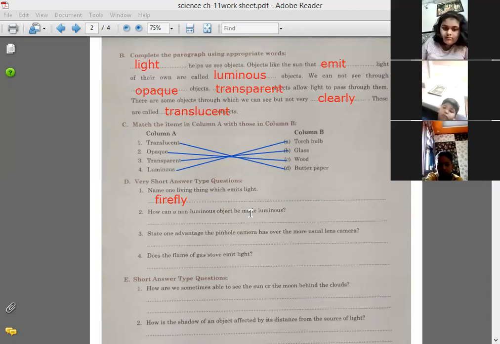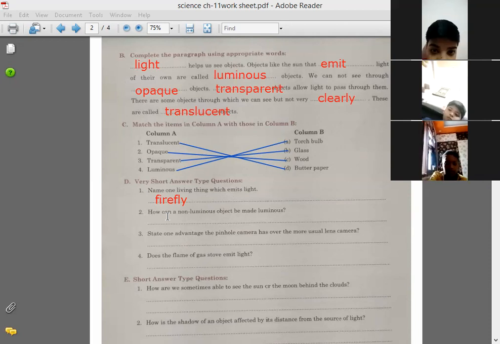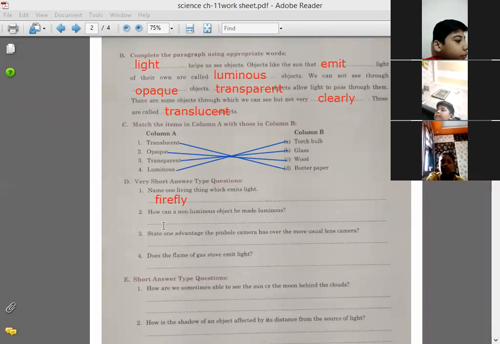Next question, kindly raise hand. How can a non-luminous object be made luminous? When light falls on it. Anything else? The light from luminous objects falls on these objects and then travels towards our eyes.